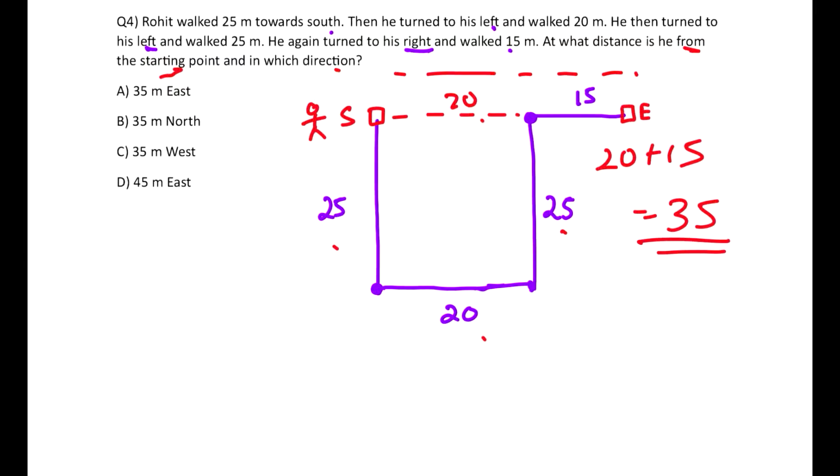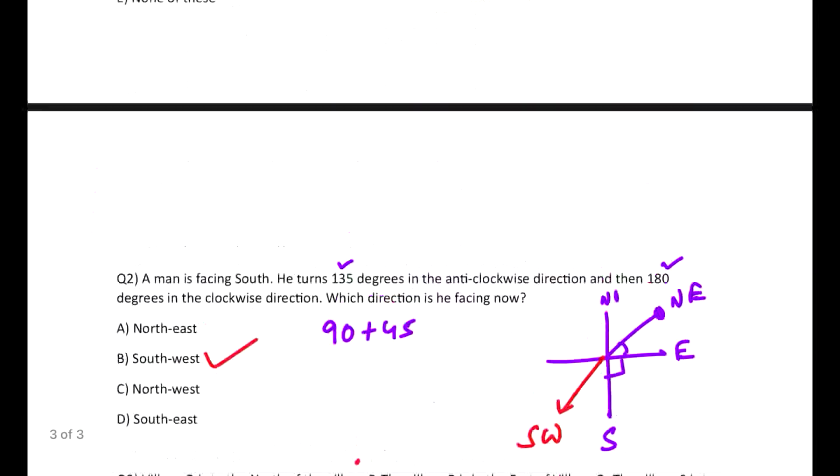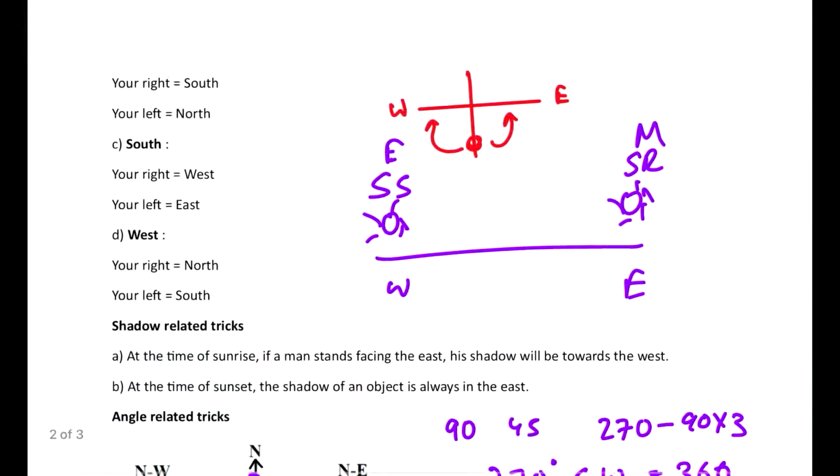Well, three of the options have 35. Now the direction will make the difference. So if my point of reference is over here and I am standing at the starting point, then I have to move in the east direction to get to the end point, and therefore the answer to this question will be 35 meters in the east. That is option A. So with this we covered the concept of direction sense test in a matter of 10